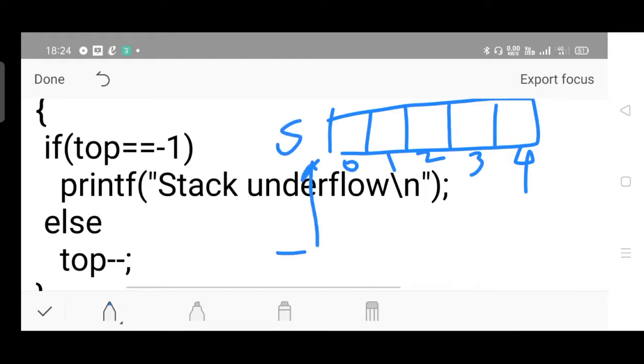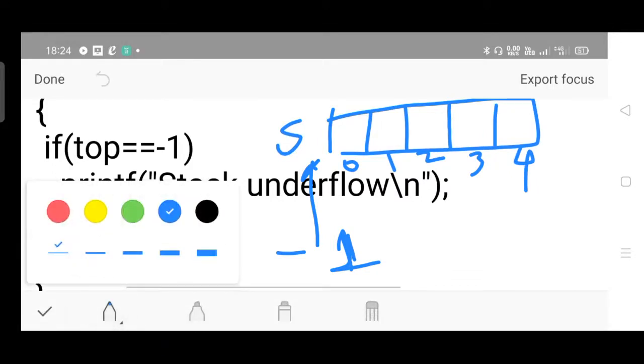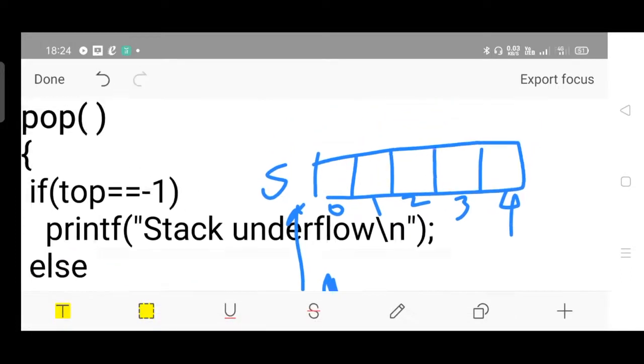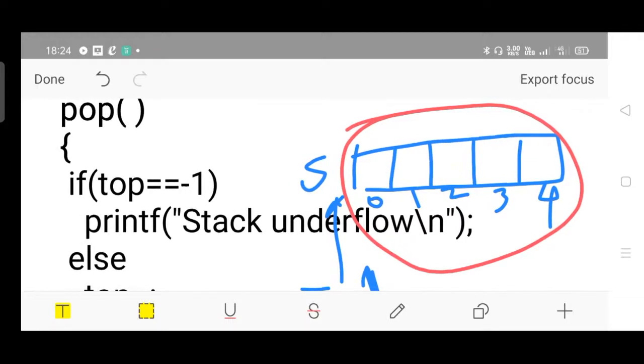Here it is -1. Whenever no elements are there, whenever the stack is empty, there is no element. So if you are trying to pop an item from the stack, obviously the stack underflow message should be displayed.